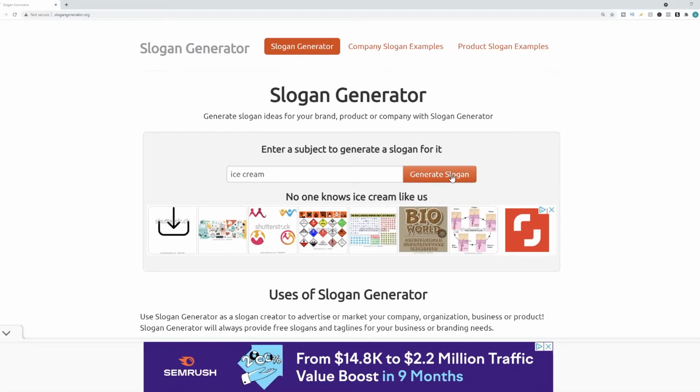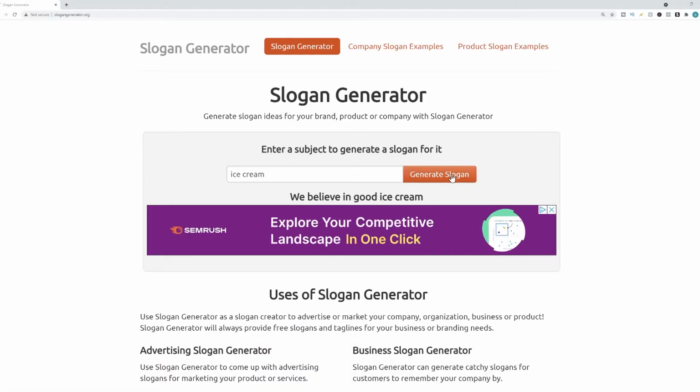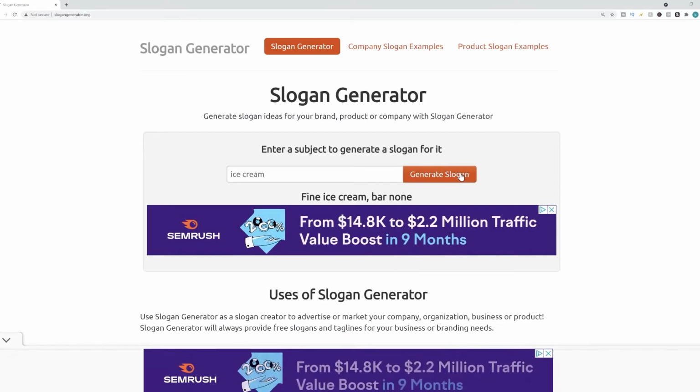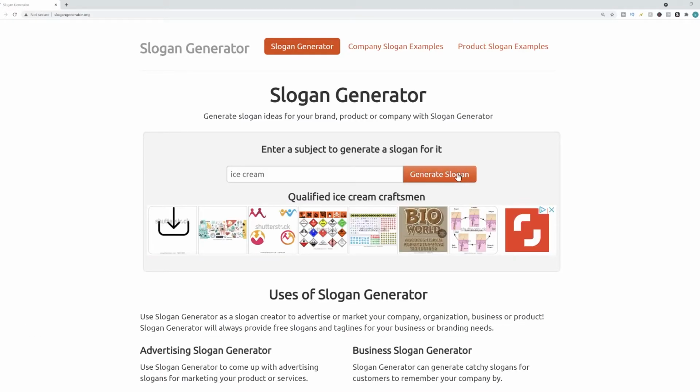And it's going to generate a slogan for you. We make exceptional ice cream, which is a pretty basic slogan. But if you don't like that slogan, you can just click on generate slogan again, and it's going to keep on generating a new slogan. So let's say that you're charging somebody $5 for 5 slogans. You can just keep on clicking on the generate slogan button and come up with 5